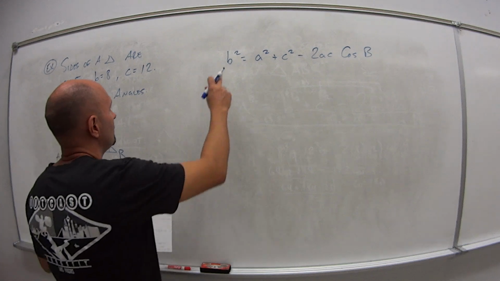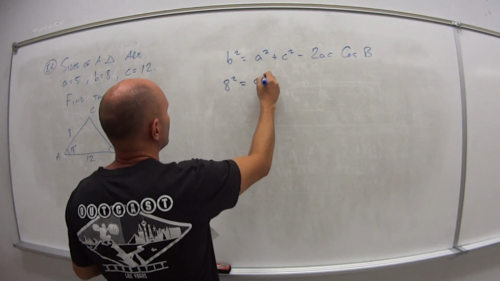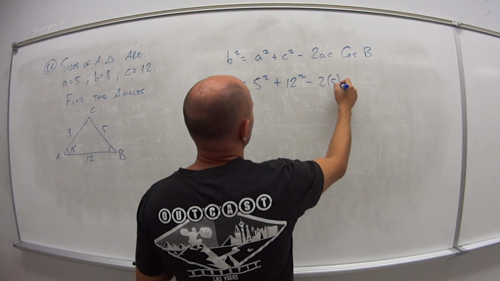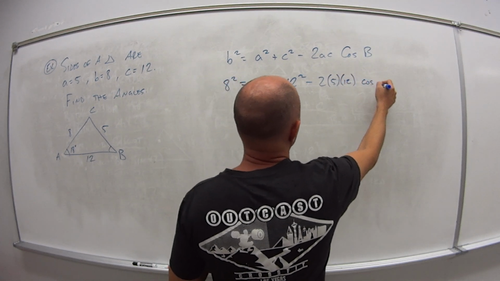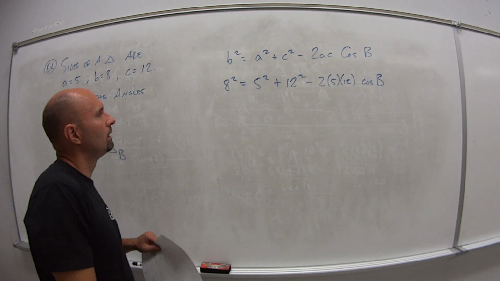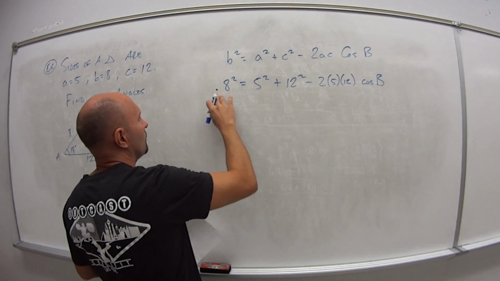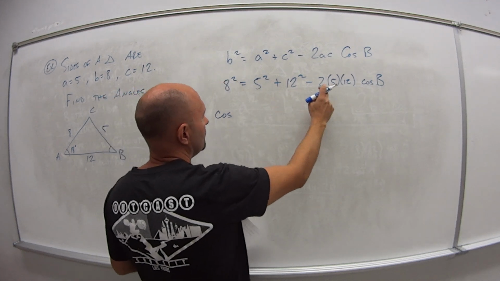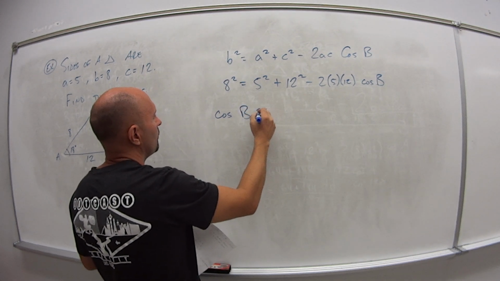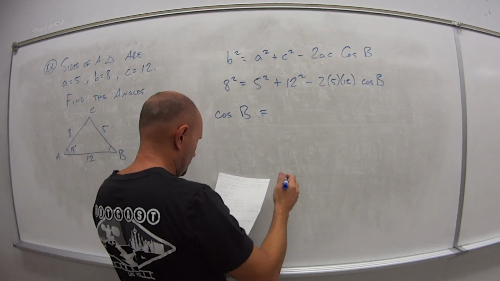So now we have 8 squared is equal to 5 squared plus 12 squared minus 2 times 5 times 12 times cosine of b, the value we're trying to figure out, angle b. Again, if we do the algebra, we move this over, we subtract the 8 squared, then we divide. 2 times 5 is 10 times 12 is 120. So at some point we should get that cosine of b would be equal to